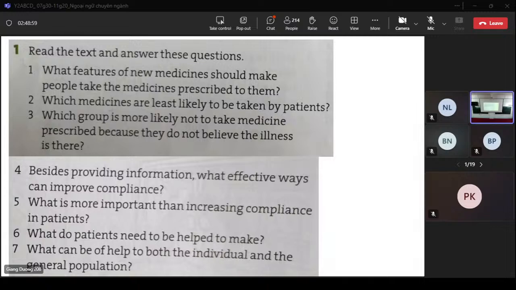Comprehension. There are 7 WH questions. When you answer these questions, please note down the positions of your answers. Khi các bạn làm bài đọc hiểu, các bạn nhớ ghi chú lại cái vị trí của câu trả lời. Ví dụ câu số 1 ở đoạn 1 dòng số 3, câu số 2 ở đoạn 1 dòng số 5 chẳng hạn. Được chưa? Khi mà mình tìm không được câu số 3 mà mình có câu số 2, số 4 thì thường câu số 3 nó sẽ nằm giữa câu số 2, số 4. Được chưa? Thì lúc đó mình làm xong mình quay lại mình tìm. Now, 10 minutes. 10 phút nha em.